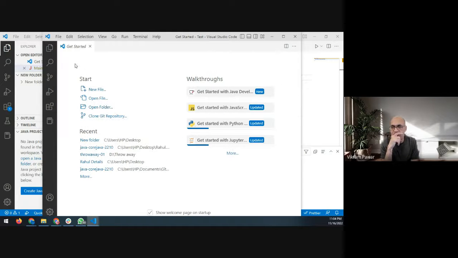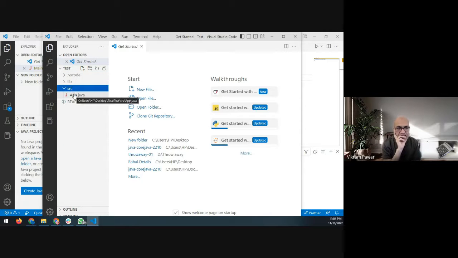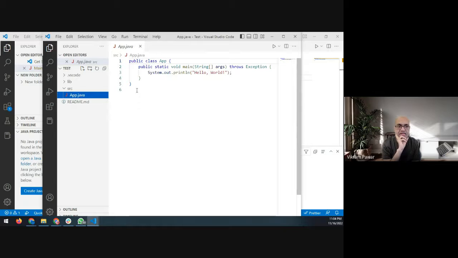You're like my son, Sumit. His hands move a lot faster than his head does. Go to that source. Can you see source? Yeah, yeah. That. And enter, double click.